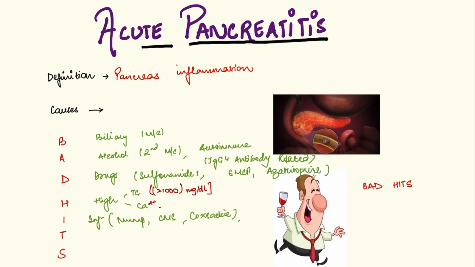Other reason: if you don't get a reason, you write etiology not known, so idiopathic. If they don't have gallbladder stone or any of these reasons, then you can write idiopathic. Then it could be trauma during a surgery, or it could be post ERCP. And the last one is a scorpion bite. There is the Trinidad scorpion, the bite of which can cause acute pancreatitis. Steroids I have already told you. These are the causes of acute pancreatitis which we have to remember, and it's a very important question. Even if it comes as a long question, you can explain these very well.